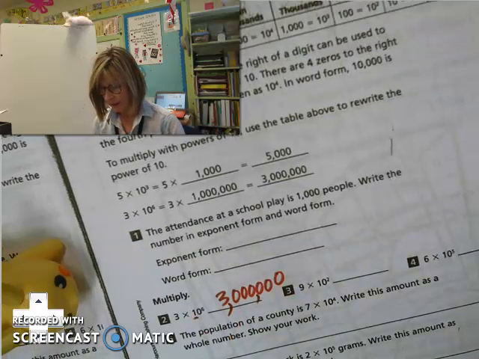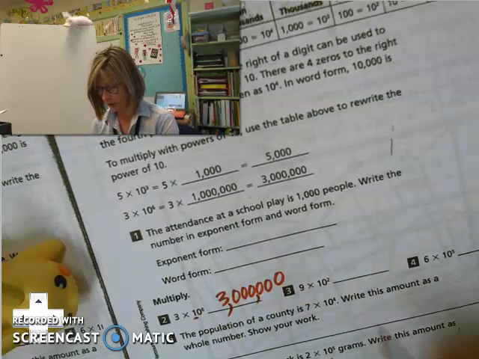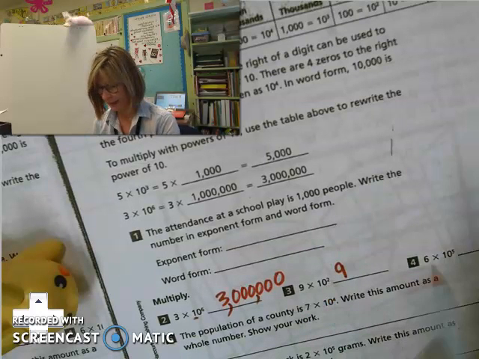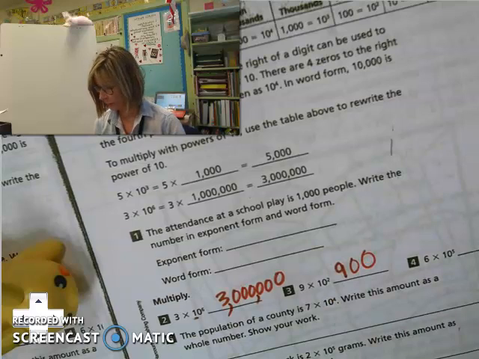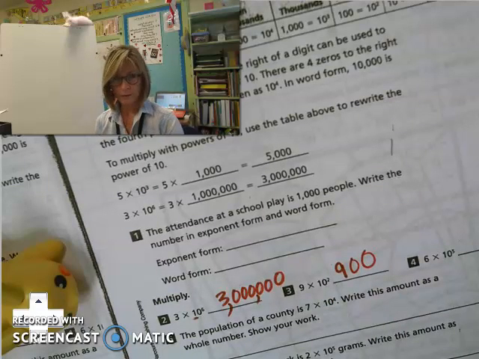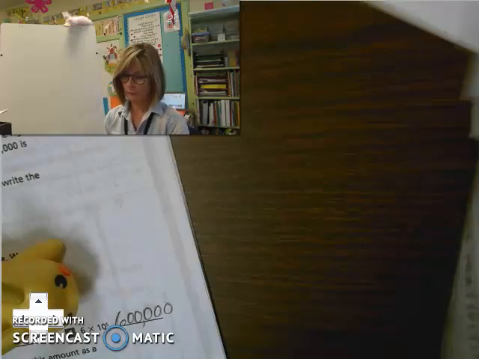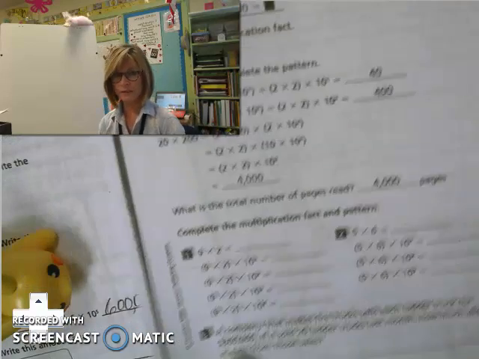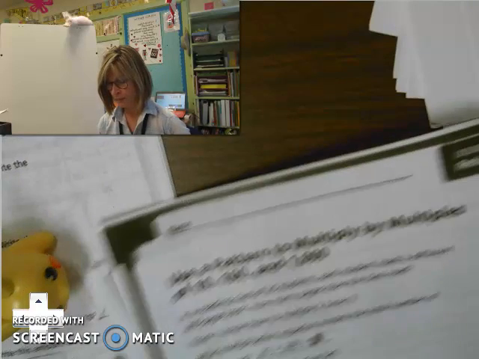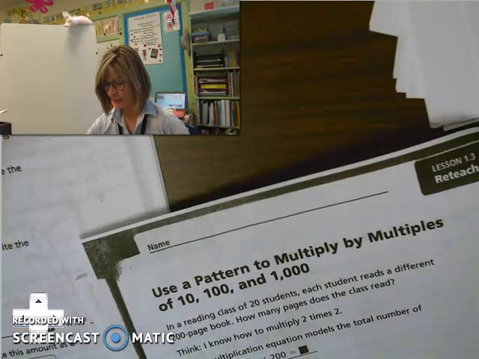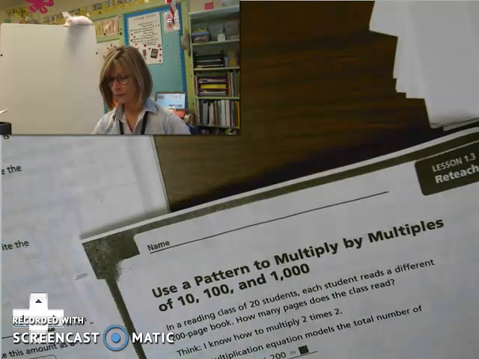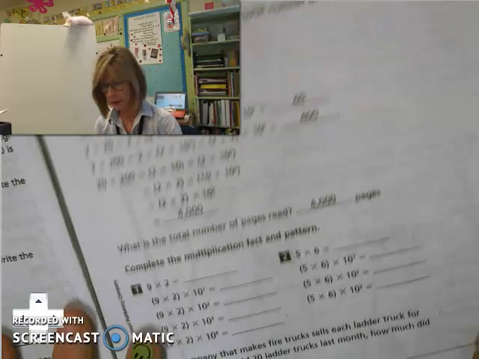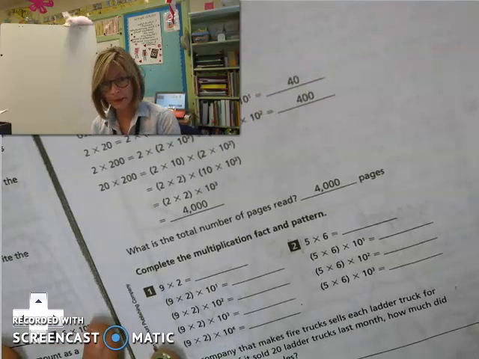9 times 10 to the 2nd power, you know that's like 9 times 100, so you're thinking 9 times 1 is 9, and then we know we're going to annex 2 zeros on that and get 900. Okay, on using a pattern, this was more of the same thing, except using a pattern to multiply by multiples of 10, 100, and 1,000. You look at the patterns and how they changed as you multiply by a